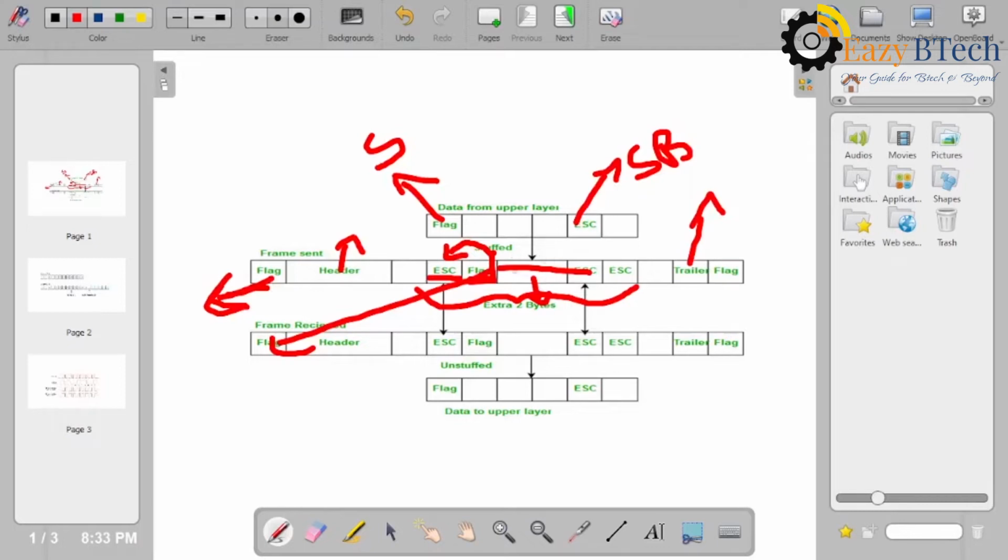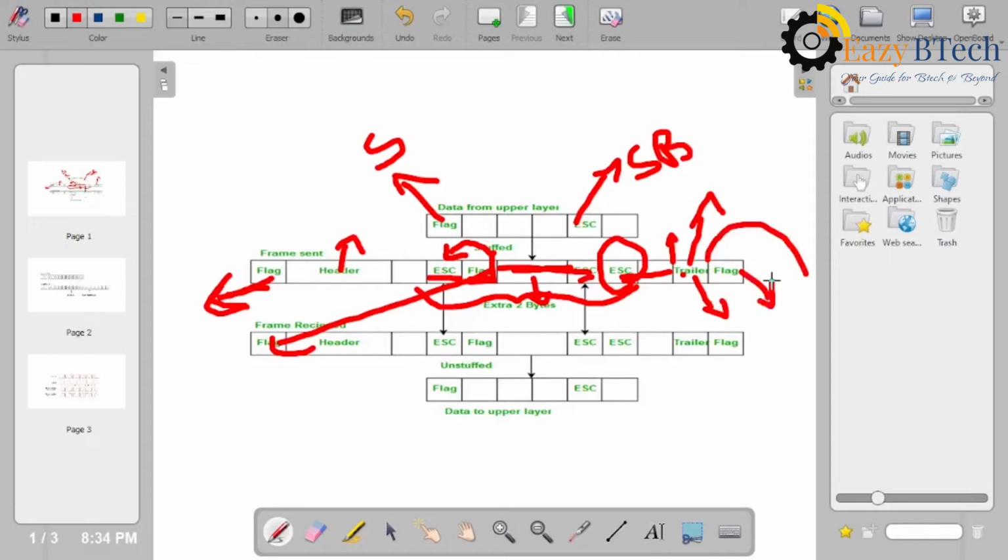Okay, next, this is the data part, and here we have 8 bits that will be considered, and before them we inserted the special character escape. After the data part we have the trailer part. So this is the end of the data part, and we also have another part in the frame, the trailer part. After that trailer part, to begin the next frame, the flag will be inserted.